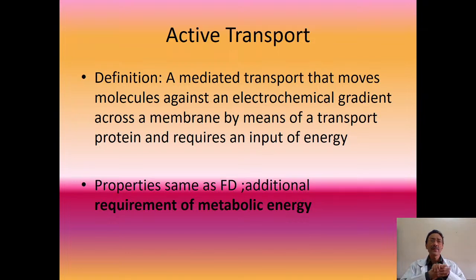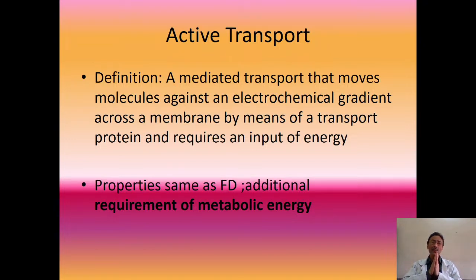Now what does active transport mean? This transport of substances is basically divided into two: passive transport and active transport. Passive transport is a transport where the substances can move across the cell membrane without using active energy, just because there is a concentration gradient existing from one side of the membrane to the other side of the membrane. Now today let us see about active transport.